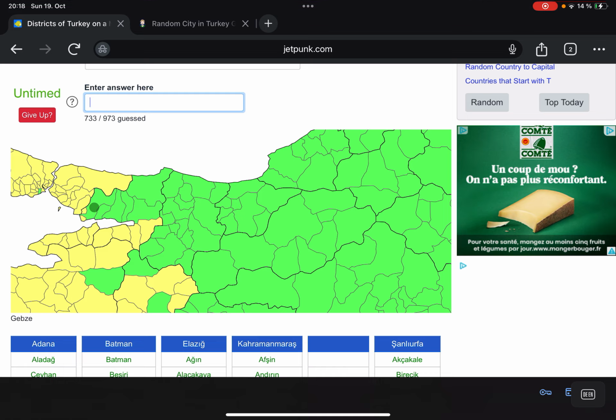So Gebze, Darıca, and Çayırova. And here we have Kartepe, Başiskele, Gölcük, and Karamürsel. Alright,